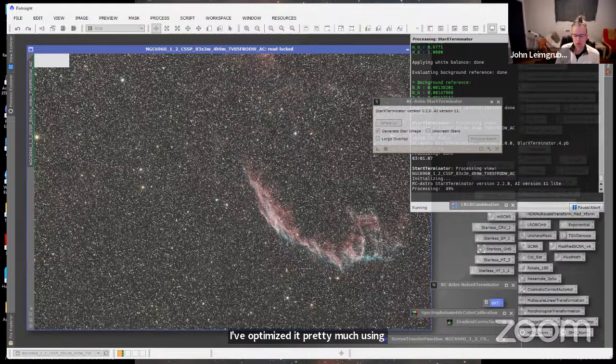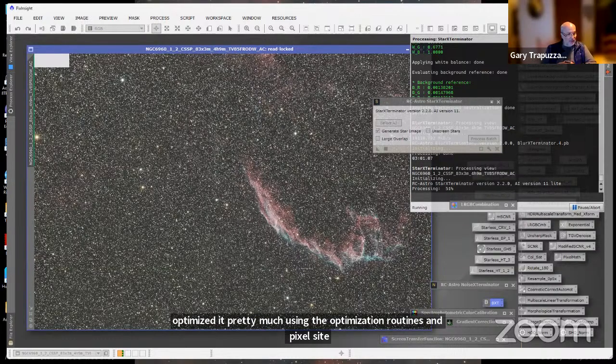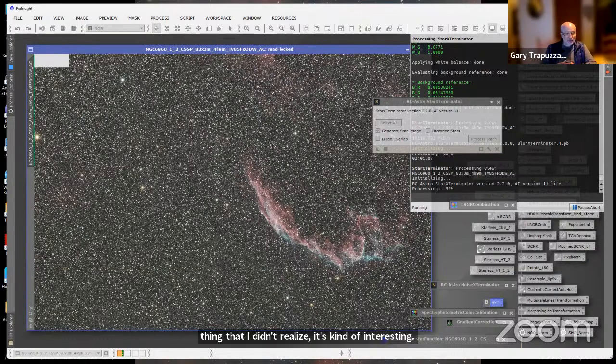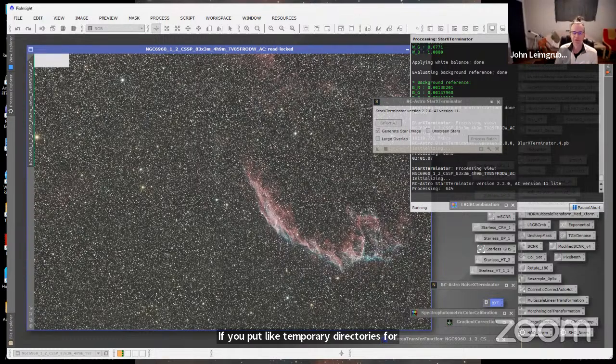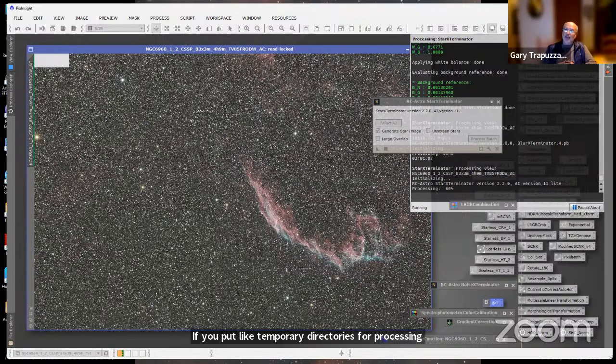One thing I didn't realize, it's kind of interesting. If you put temporary directories for processing, you actually get more improvement by putting the same temp directory in multiple times